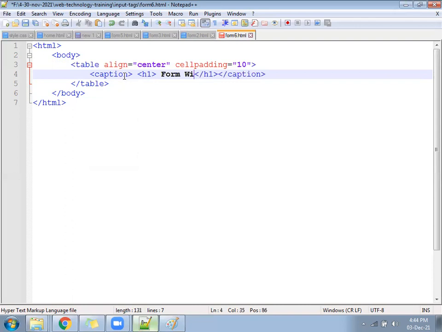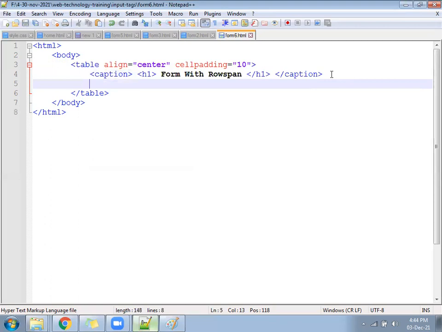Form with rowspan. Okay, let's go ahead next.